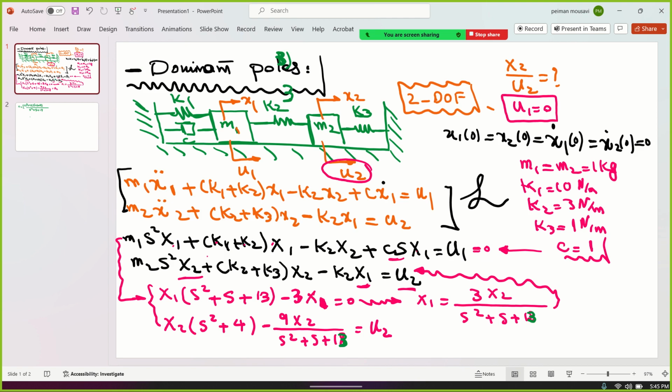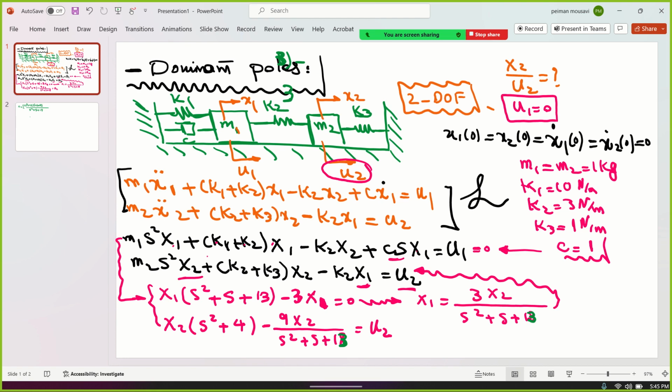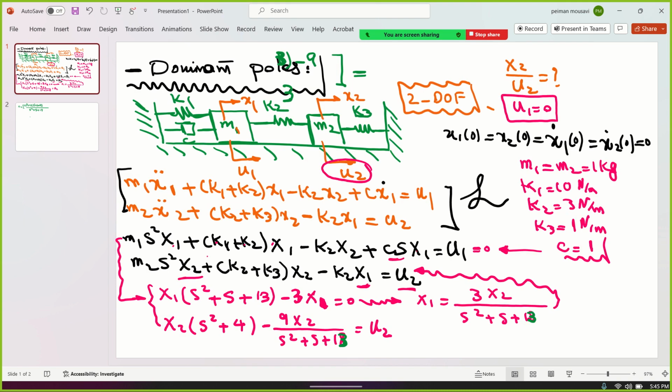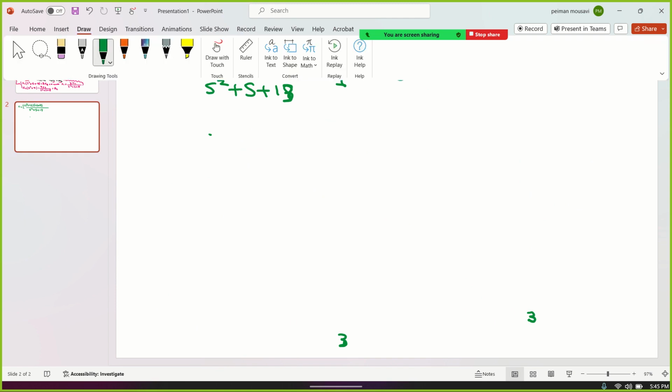I want to make sure that everything is correct. Yeah, 3, 3. And K2 plus K3 is 4, and this is 3. Okay, minus 9. Here we go. This is equal to, from here, U2. So if I simplify this, for God's sake,